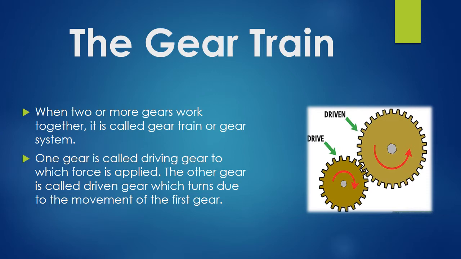So here in this picture you can see that the gear system consists of two main gears. One is the driving gear and the second one is driven gear. Driving gear moves to turn the driven gear. Here you can see the teeth of one gear are fitted into the other. So a force on one gear, that is driving gear, forces movement in the other gear. So both these gears help each other in movement.